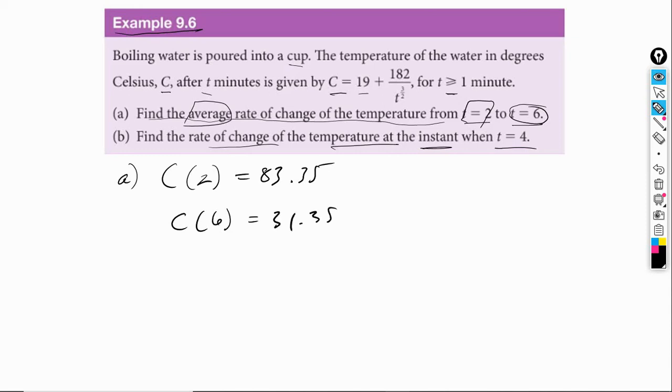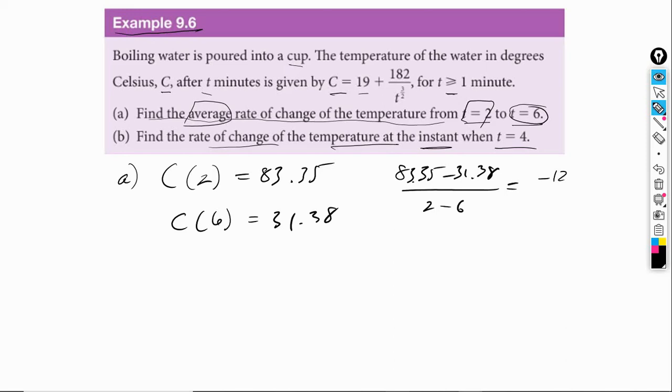And when time equals 6, the temperature would be then 31.38. So the average rate of change will be the slope of the line between those 2 points. And that's just going to be difference in temperature divided by difference in time. So that would be then 83.35 minus 31.38 divided by 2 minus 6. So we have to do it in the same order. Always remember that's very important. So this is going to give us